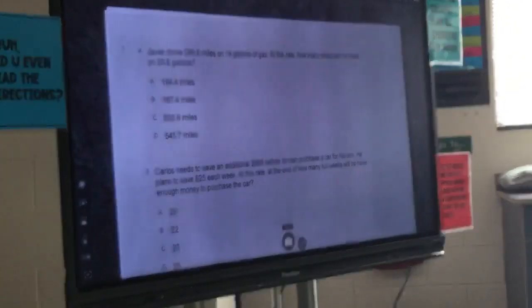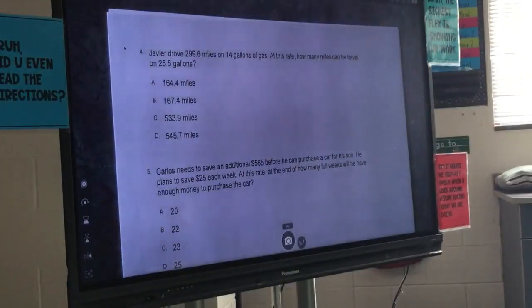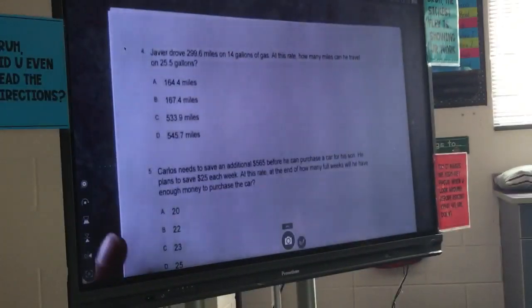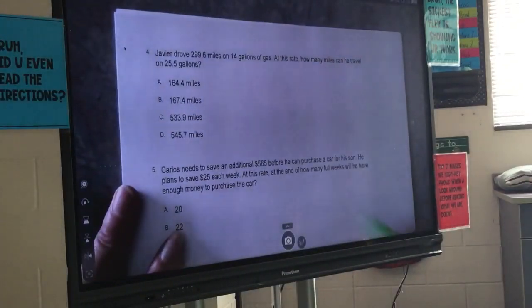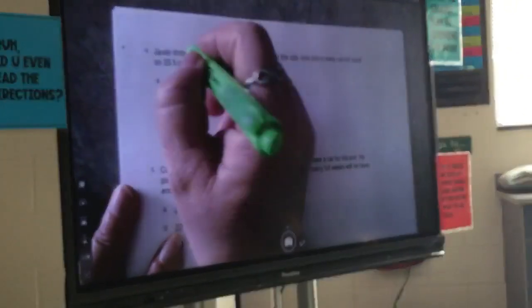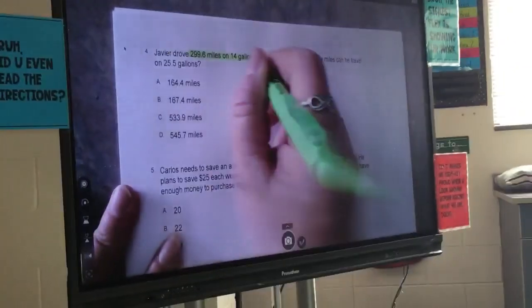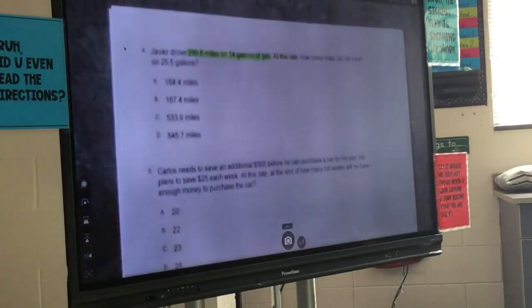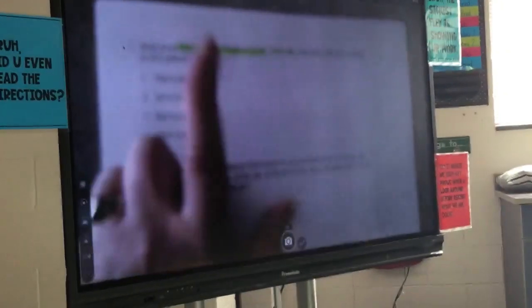So Jarvie drove 299 and 6/10 miles on 14 gallons of gas. At this rate, how many miles can he travel on 25 and a half gallons? All right, so we know that this is our rate. When it says at this rate, that's going to be important because that tells you that this right here